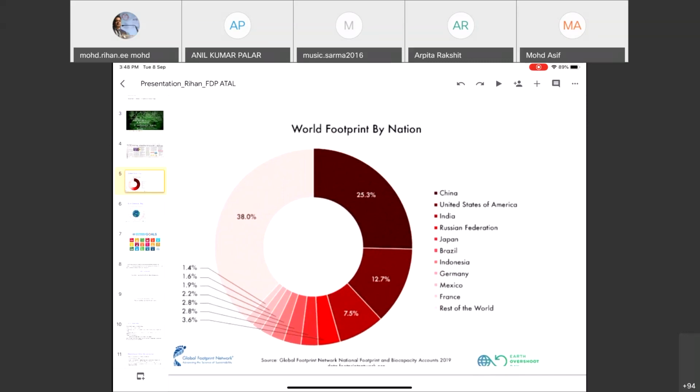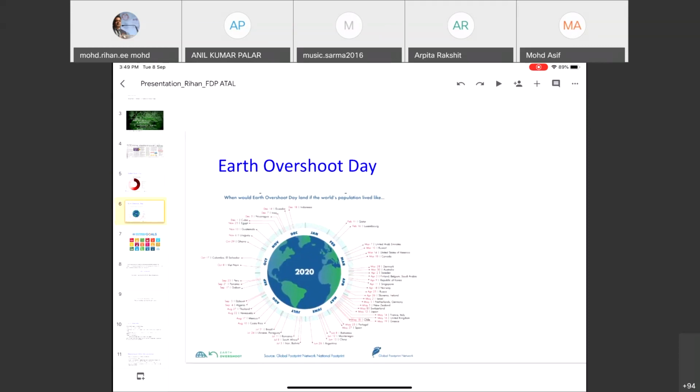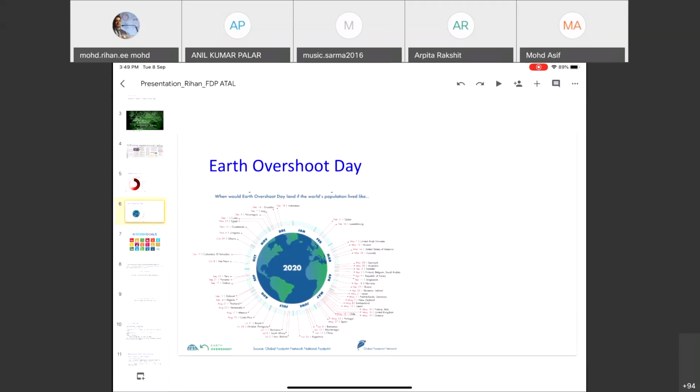So this is how rough studies show the tentative contribution of carbon footprint throughout the world, in different countries. Now, there is an interesting concept, this Earth overshoot. Basically, this concept has come up in this regard: the natural resources which the Earth is giving you for 1 year, in how many days of that year you are consuming those resources.